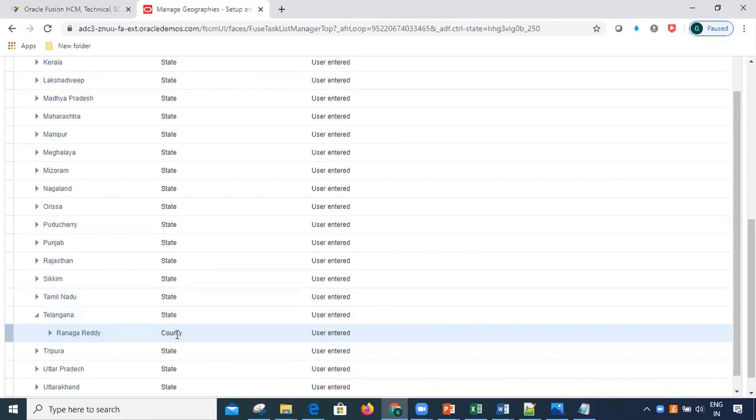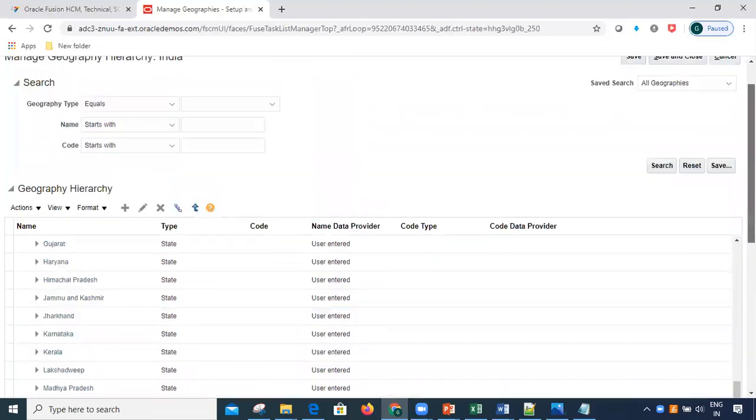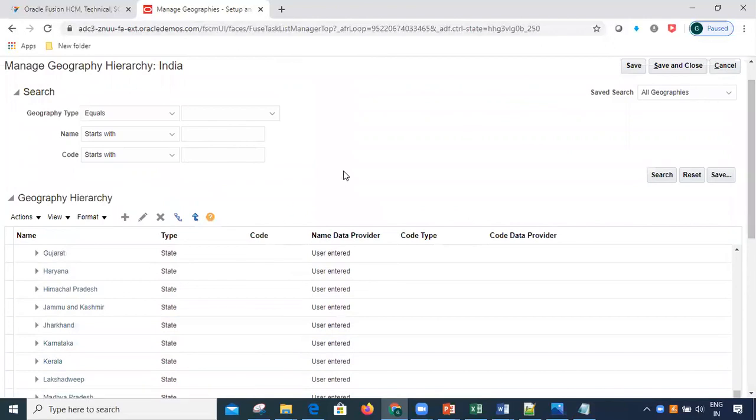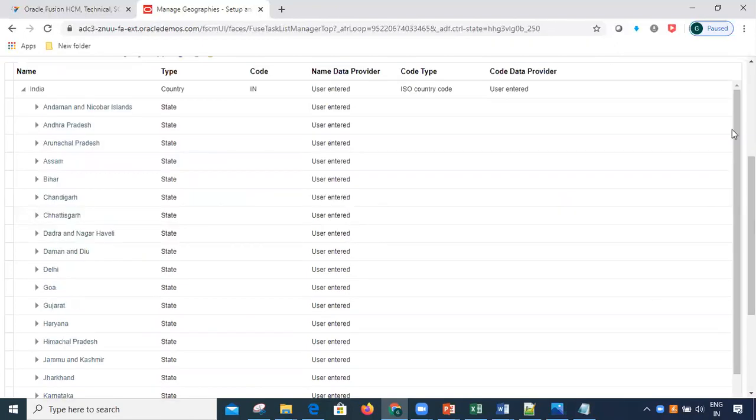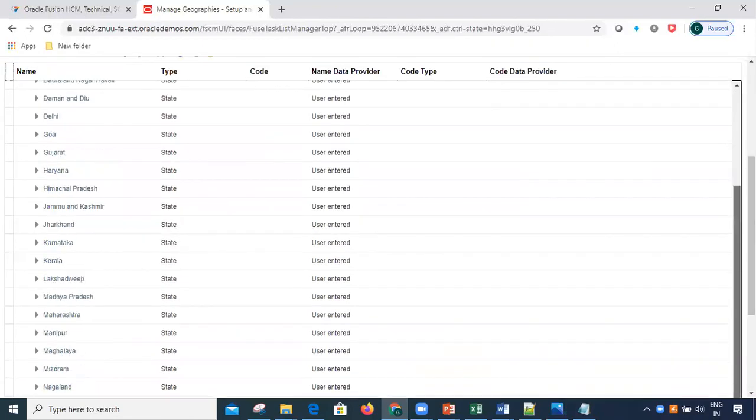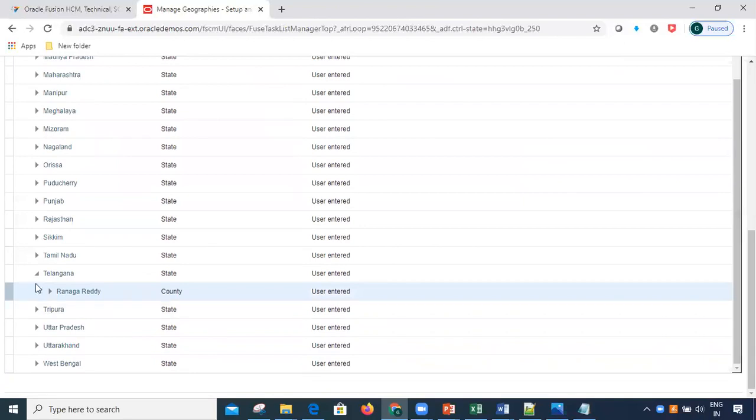Okay. So under that district, what I want to define is my city, Hyderabad, under this Rangareddy. So I will keep the cursor on the county that I have created now. I will go up, click on the plus icon and define my Hyderabad. Save and close. Now come down and check under Rangareddy whether Hyderabad is saved or not. Come down. See, Telangana is there, and the next structure, county Rangareddy, we added, and then after we expand,